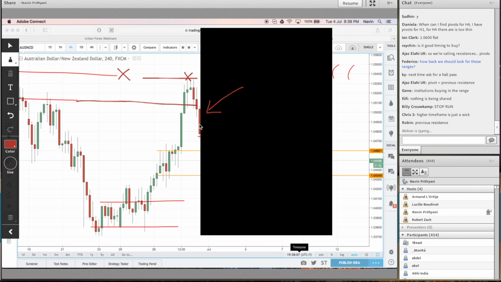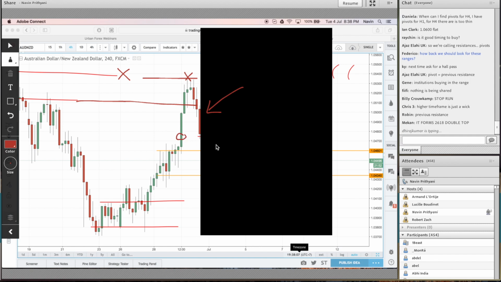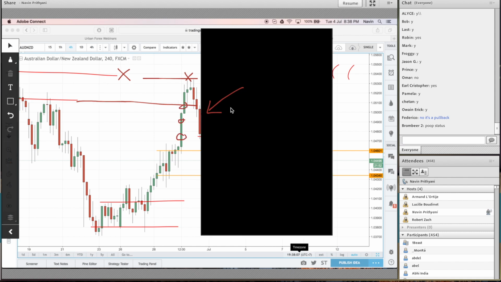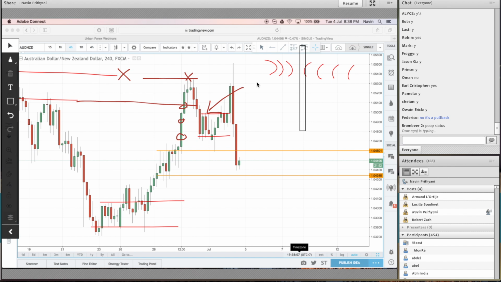So the market is going down. Anyone who bought here, are they scared? They bought there, they bought there, they bought there. These guys are chasing the market. They bought there. Yeah, so they're worried, but some of them are still in profit, so they're not so concerned, right? They're like, yeah, it's okay. It's not a big deal. I'll get through it. I'll get through it.